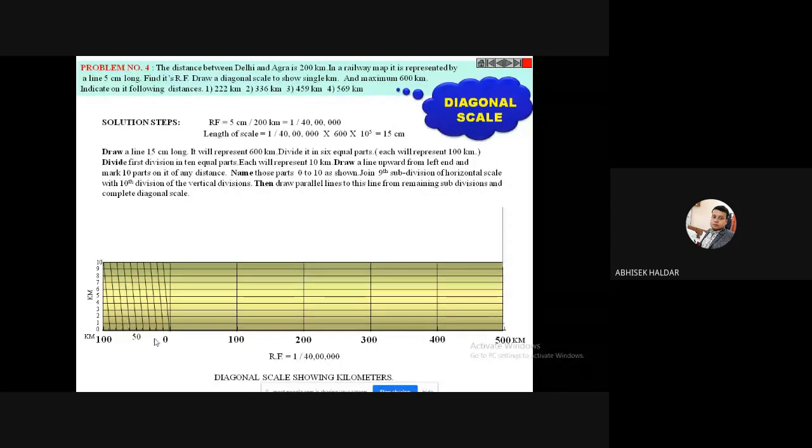I repeat, for the 9 kilometer, 10, 20, 30, 40, 50, 60. This is the 6th point. Okay, see my cursor. From this point, you also have one diagonal line. You have to take that diagonal line and go up to the 9th point,